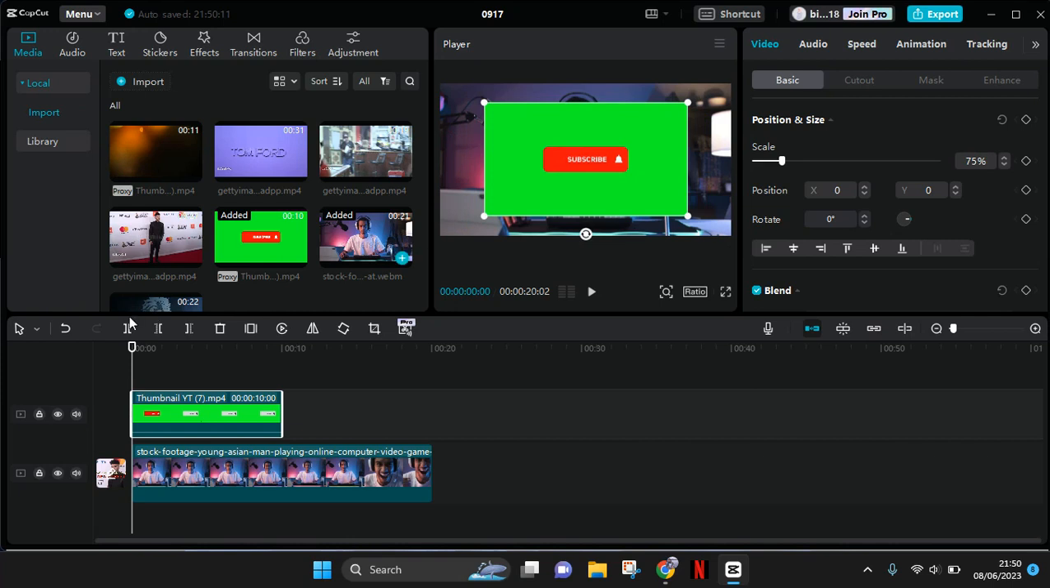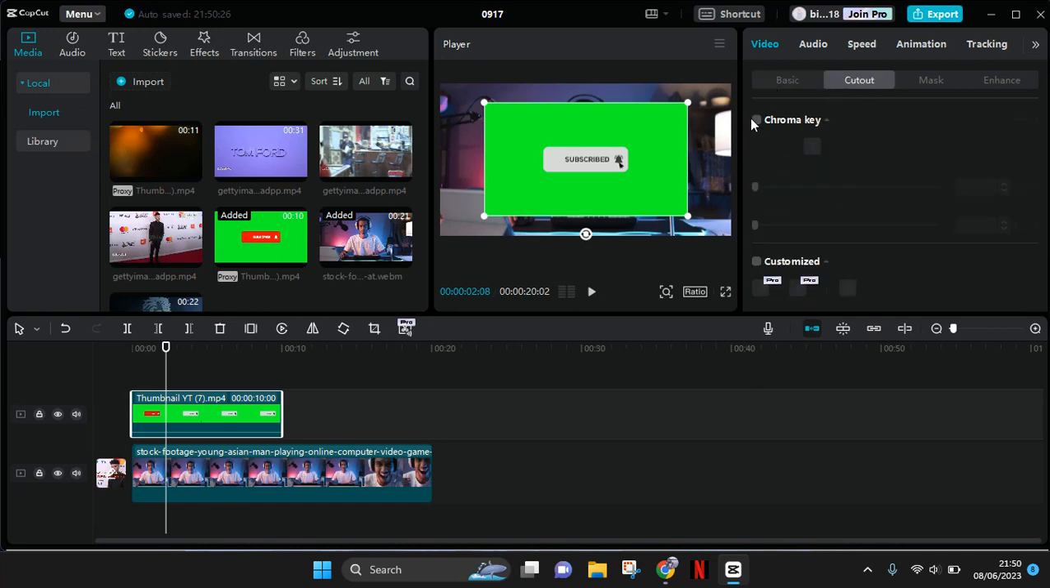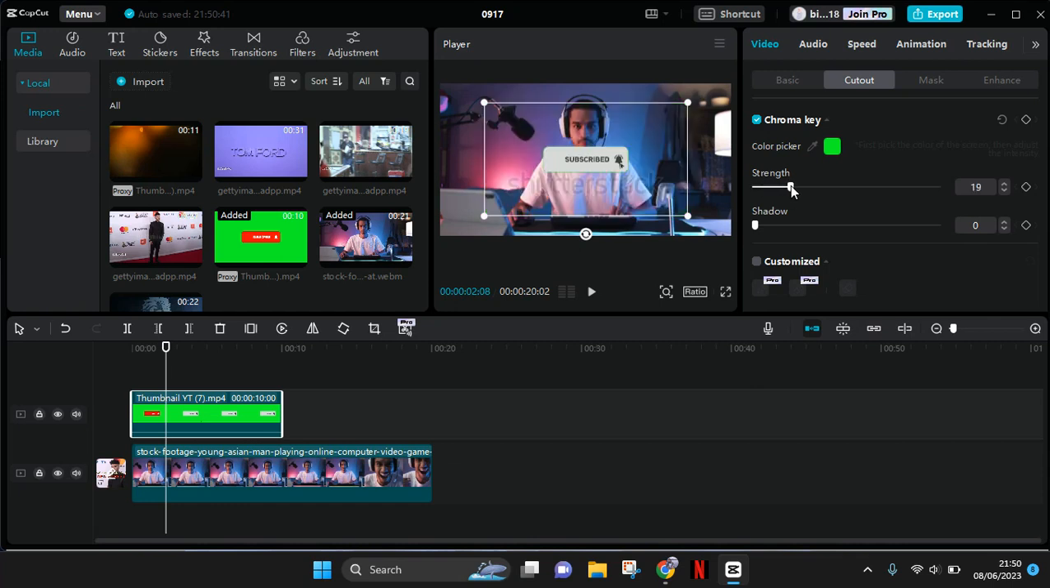And to remove the green screen background in here, you need to use the Chroma key feature on CapCut PC. So go to Cutout and then click on this box right here to turn on the Chroma key feature, and then click on the color picker and drag it to the green screen. Click on it like this and adjust the strength and also the shadow of the chroma key to remove the green screen entirely from the clip,